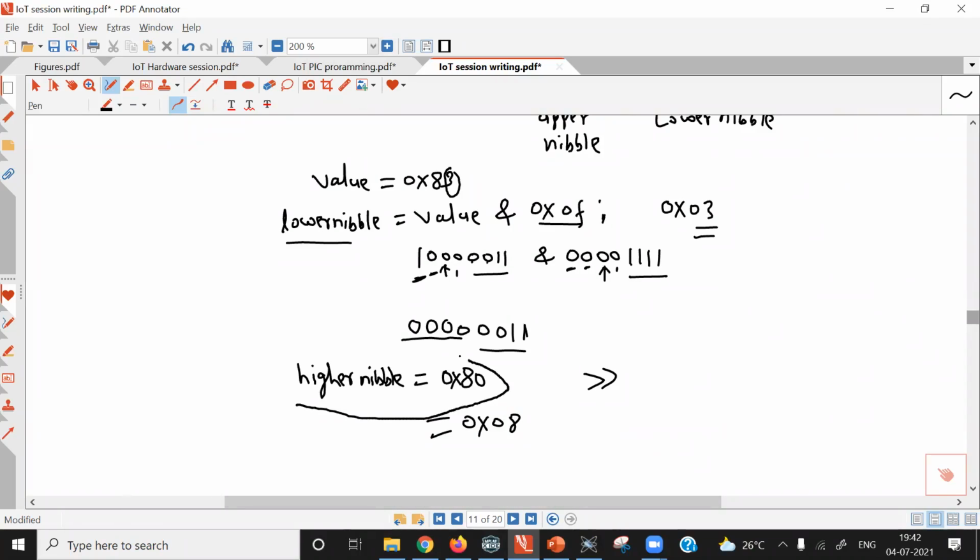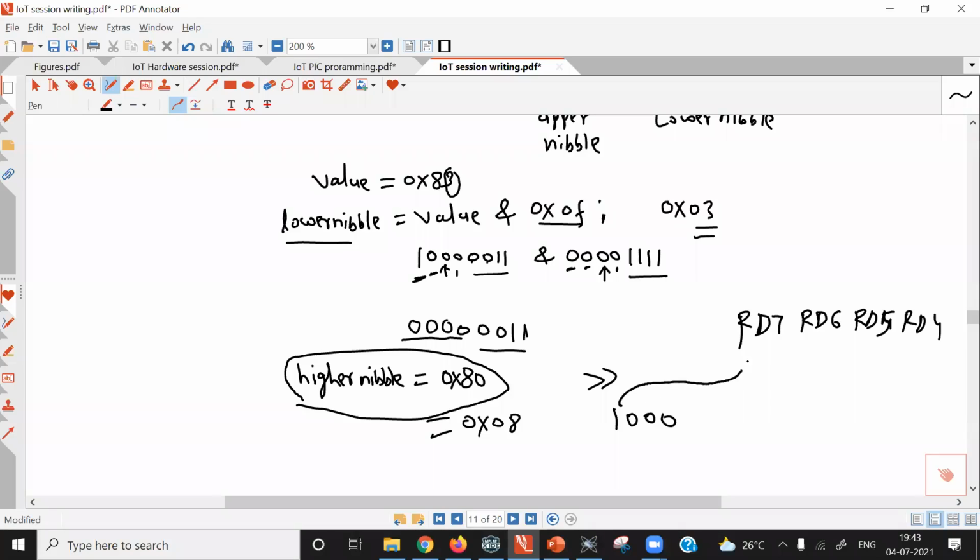While writing the higher nibble, we must write this data on RD7, RD6, RD5, and RD4. If I write this nibble in binary form, the higher nibble is 1000. So this 1 must be written to RD7, and the remaining 3 zeros must be written to RD6, RD5, and RD4.